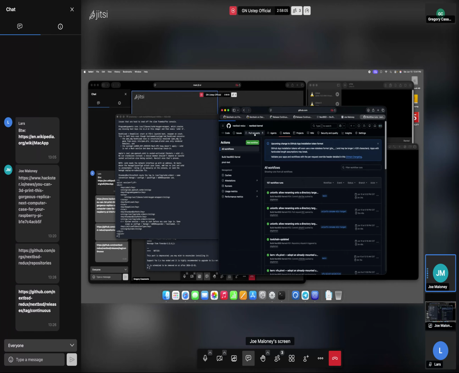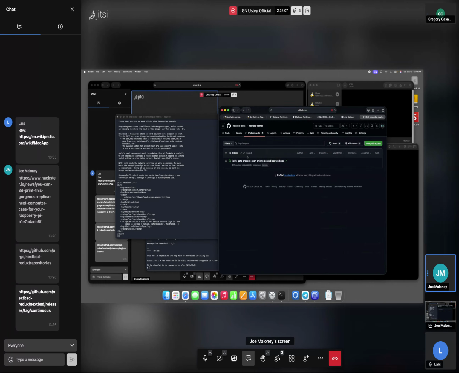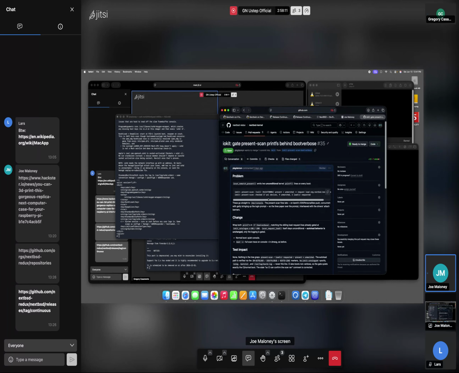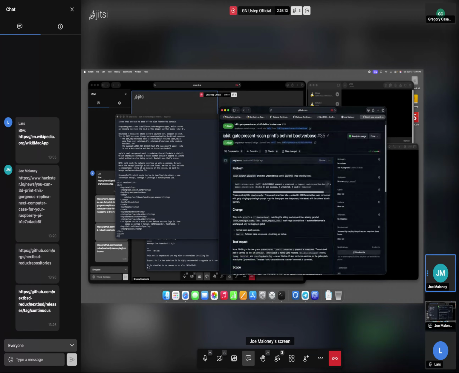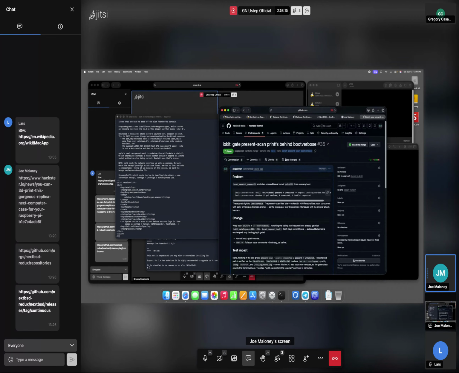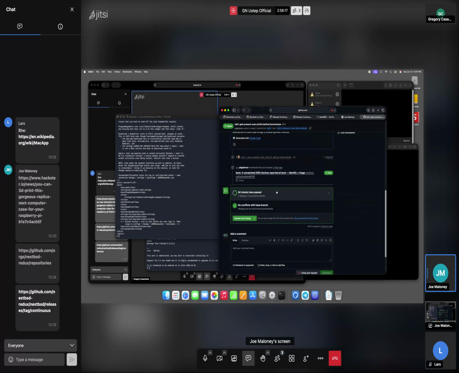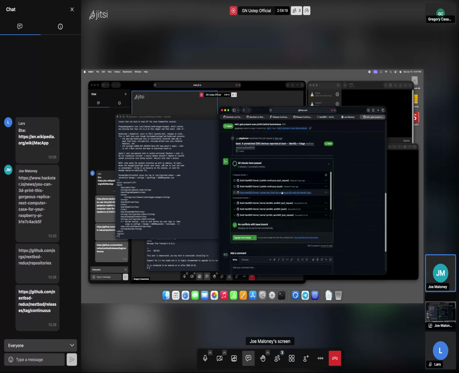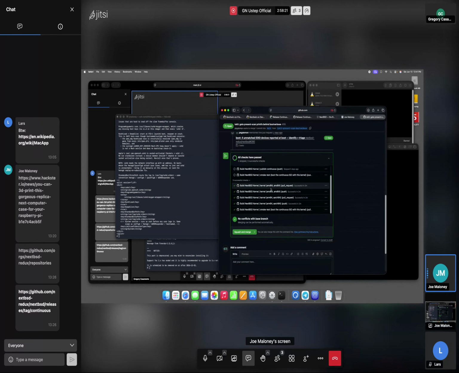So that basically I can make pull requests and iterate. Like, for example, this UIKit pull request that I made to gate some messages behind verbose. I can go there and go to all checks, and I can see the build took a couple of minutes, but then I also have